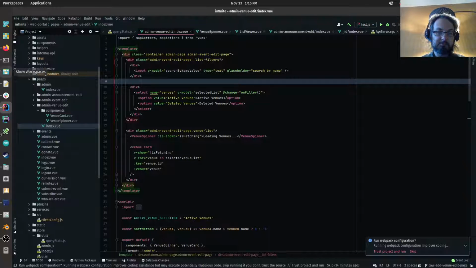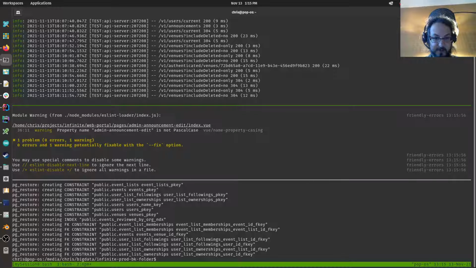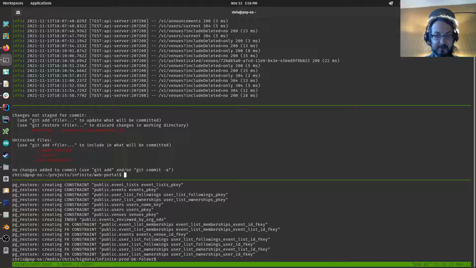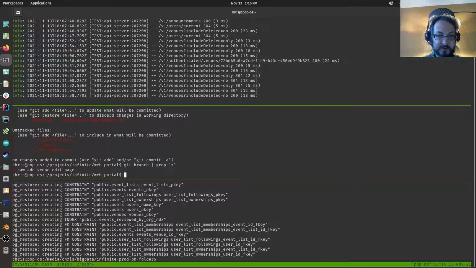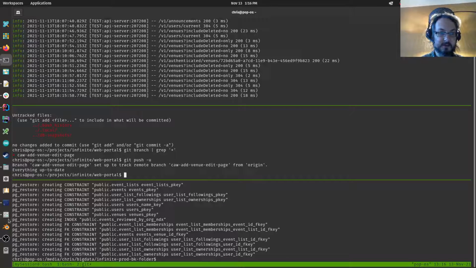So again, I don't know. Have a look. This branch is up there. Like I said, feel free to wait because it's not really done. It's up there. I just wanted to touch in, make sure I wasn't going off in crazy land. Show you the branch name here. There we go: CAW add venue edit page. I'm pretty sure all that is pushed up. I didn't bother creating a PR yet because, like I said, I'm not quite ready. I might have some time to work on it this week, but